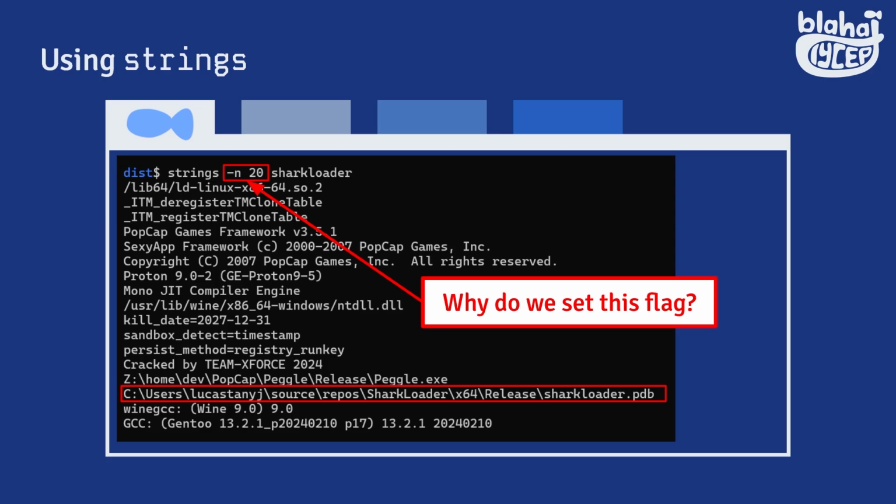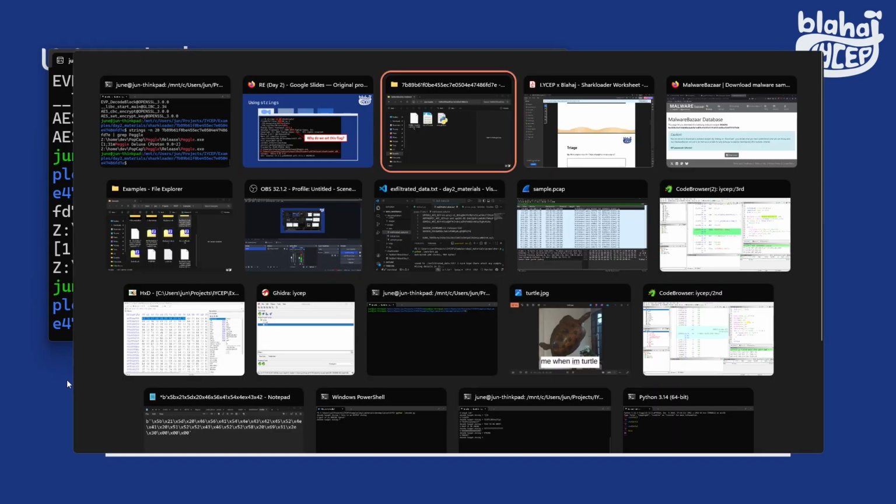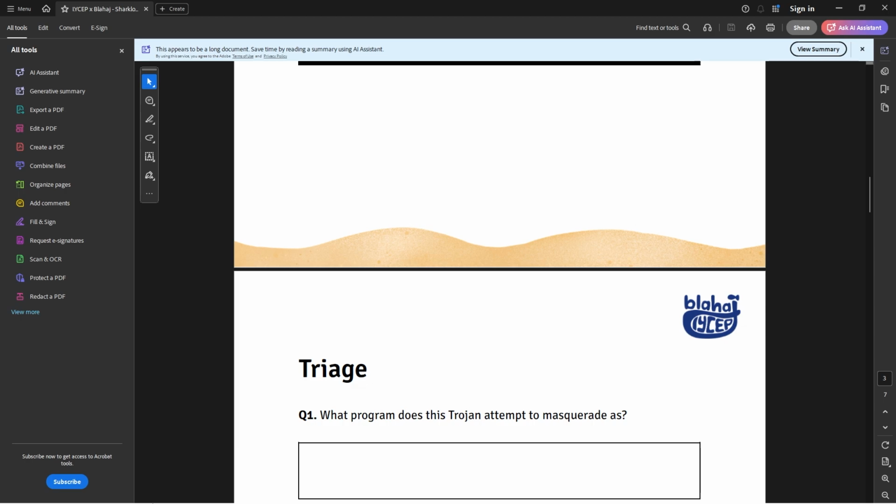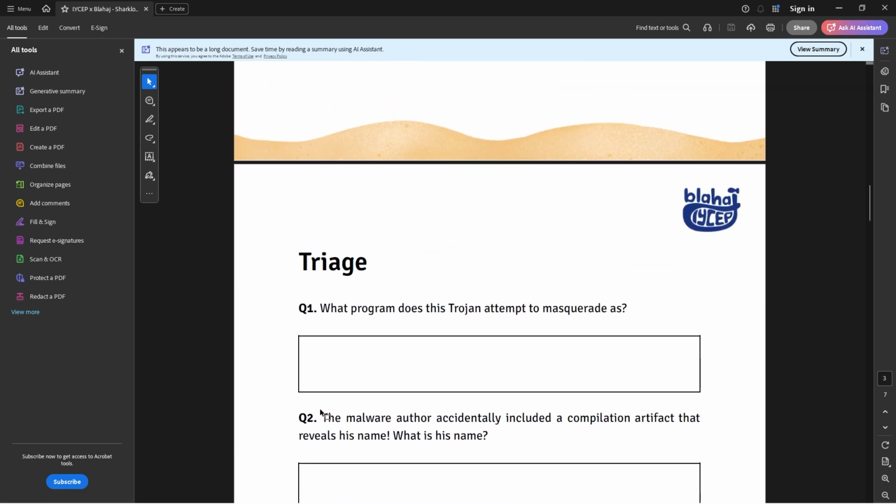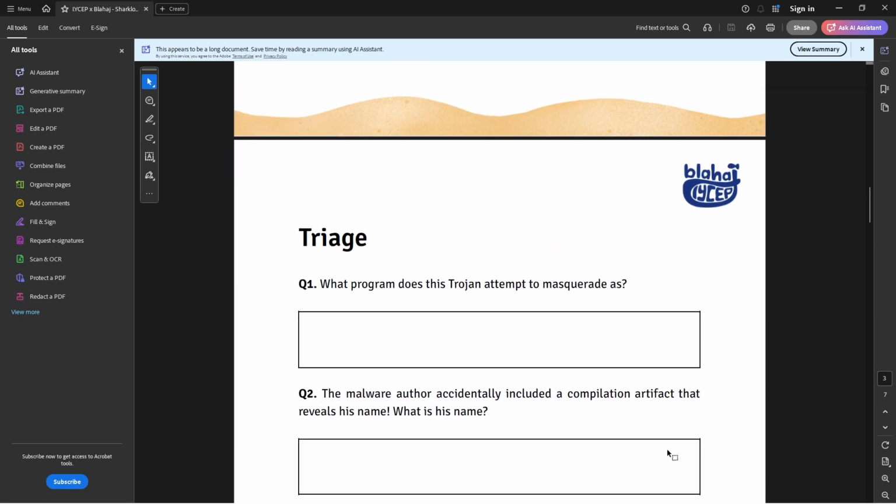So for example, for this sample, we can run strings -n20 and then we can find Peggle, right? And actually, this is also sufficient for us to answer question number 2, right? There's a compilation artifact that reveals the name of the person who wrote the malware. Can we just take a short 30 seconds to run strings, stare really hard and see what we can get? Compilation artifact. So this should be a file path or maybe some